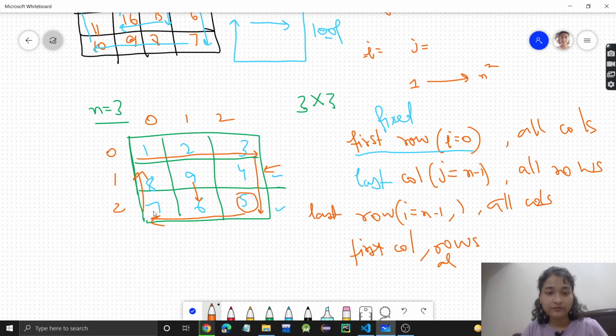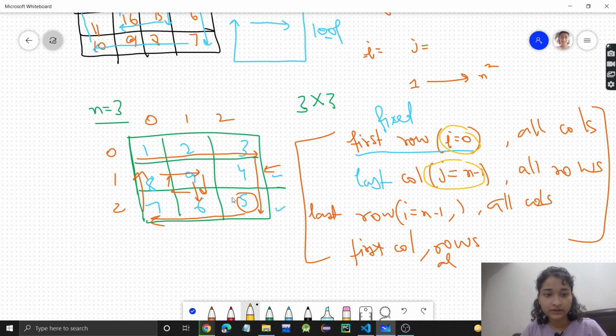But now, this is the first loop, the outer loop. Again we have to do the same thing for the inner loop also. The point of explaining this is that every time i and j will differ. First of all, i is equal to 0 and j is equal to n minus 1 for the outer loop. But when we are going for the inner loop, the initial i will be something else, this column or this row, right?